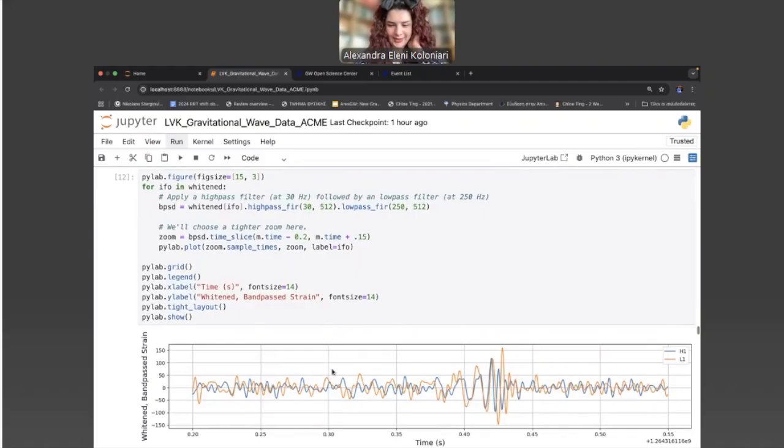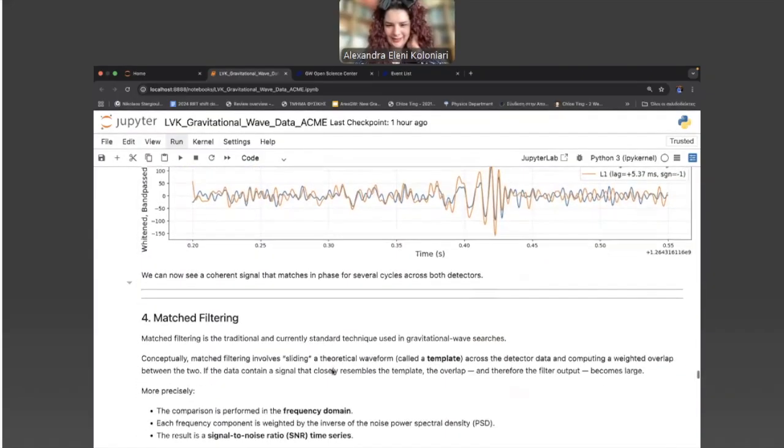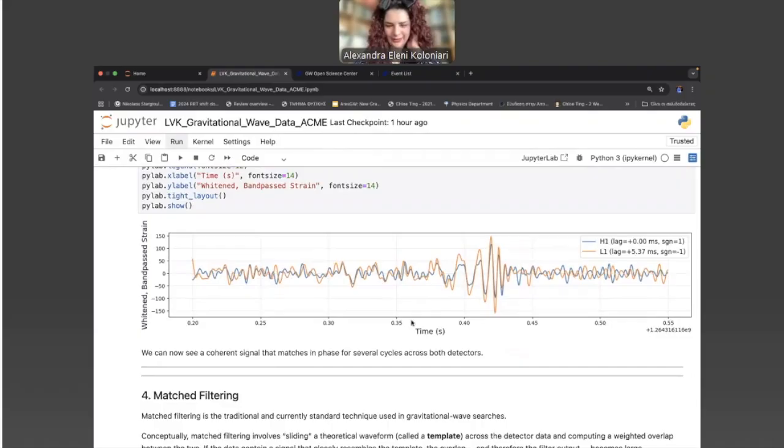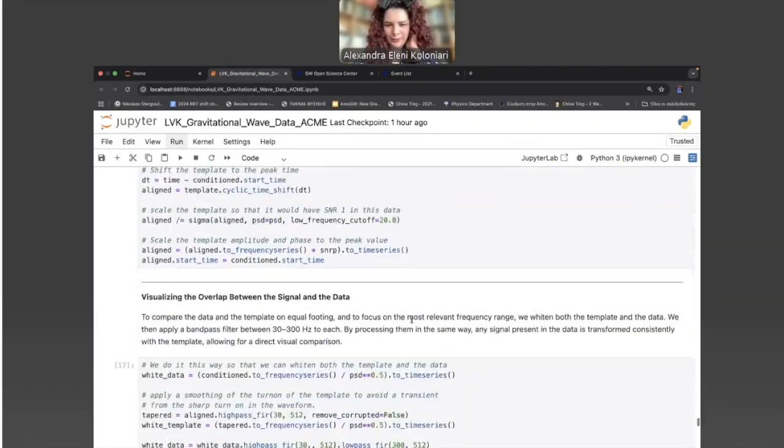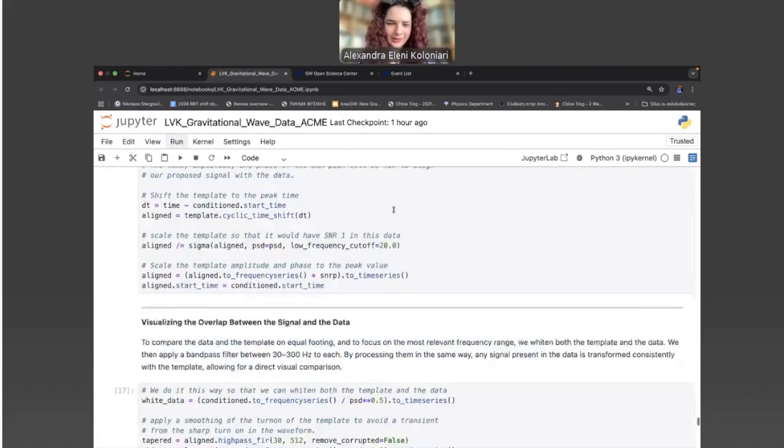You can see how it is here and how well they align. But we wanted to see the difference, and this specific one doesn't have one.